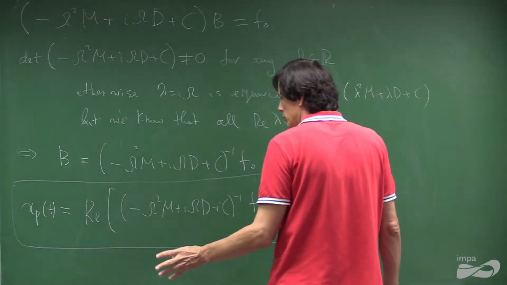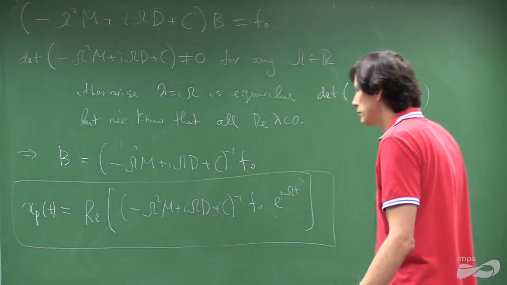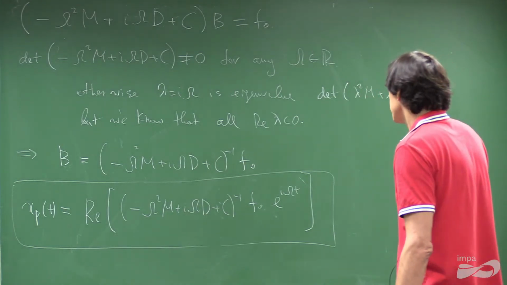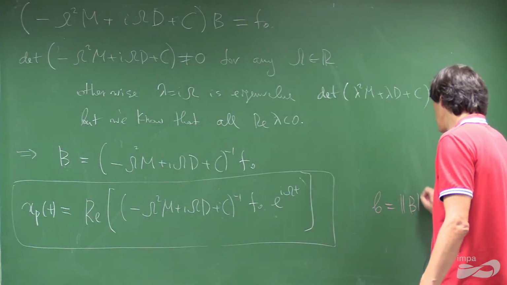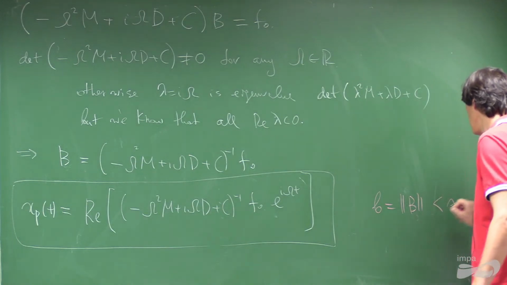But at the same time, you see that the amplitude is always finite, right? So amplitude is always finite. If you define B as the norm of this vector B, it's always finite